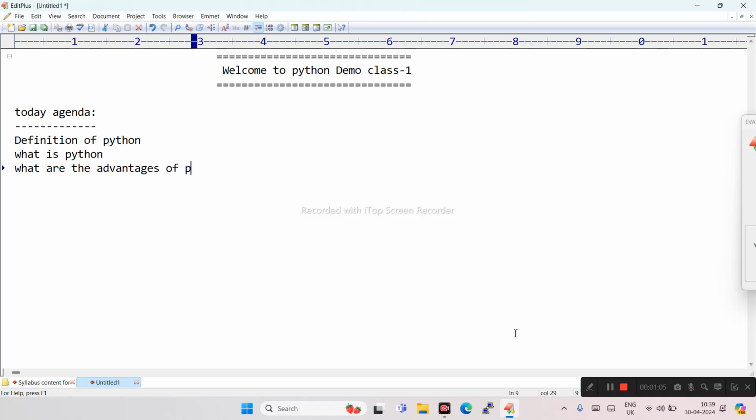Then the scope of Python. Scope is nothing but in which sectors, areas, or domains we are using Python nowadays. So all these topics are covered in this session. So let's start the session.